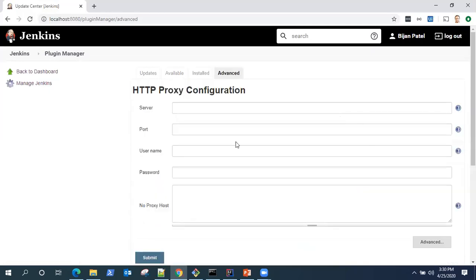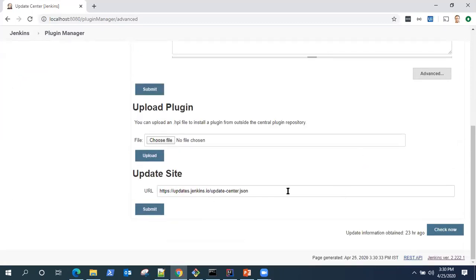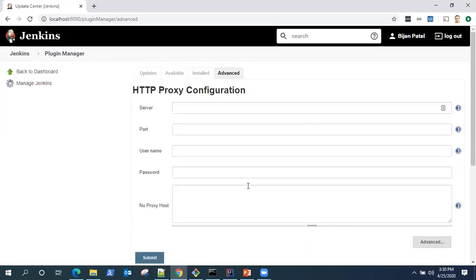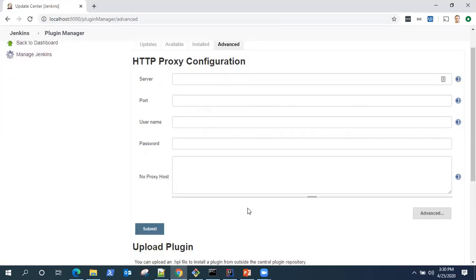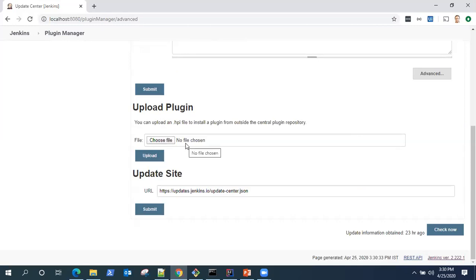And then there's an advanced section, although it's out of scope of this particular video, but if you are working from your workplace or from any organization, obviously you need to bypass the HTTP proxy, right? So you need to fill these fields to bypass those proxy settings, or you can also upload a plugin from your HPI file if you cannot download it directly, right?